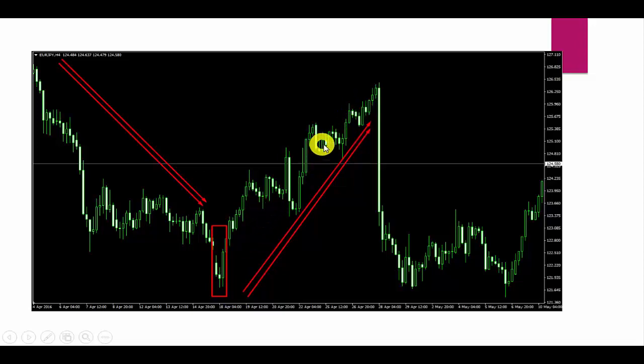The overall trend of the market was changed. First we have a strong downward trend, then the first candle is bearish, second indecision, third candle bullish. Okay, so it means that the market trend has now been changed. We have the morning star, the star of the morning has arrived, and the overall trend was changed, and you can see right from this level the market went to the upside.